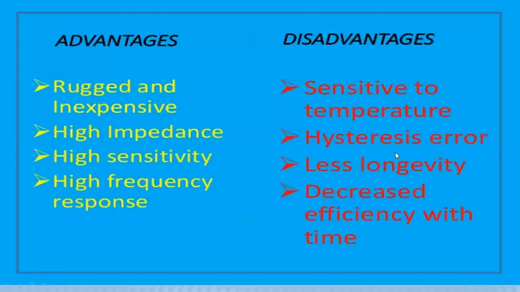What are the advantages and disadvantages of this accelerometer? The accelerometer is rugged and inexpensive, and it has high impedance, high sensitivity, and a high frequency response. These are the advantages. The accelerometer is very highly sensitive. The spare parts and the working of the accelerometer are very highly sensitive, so when high loads are acting,